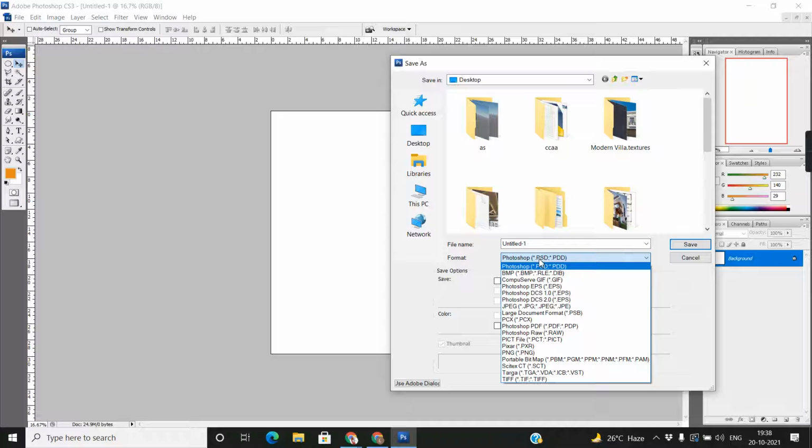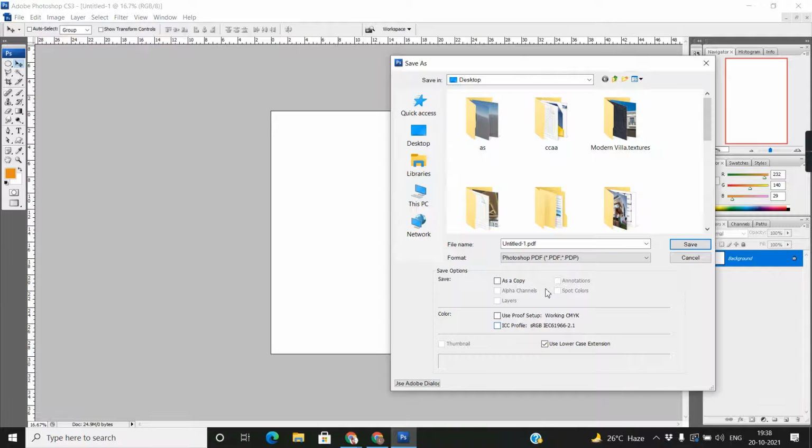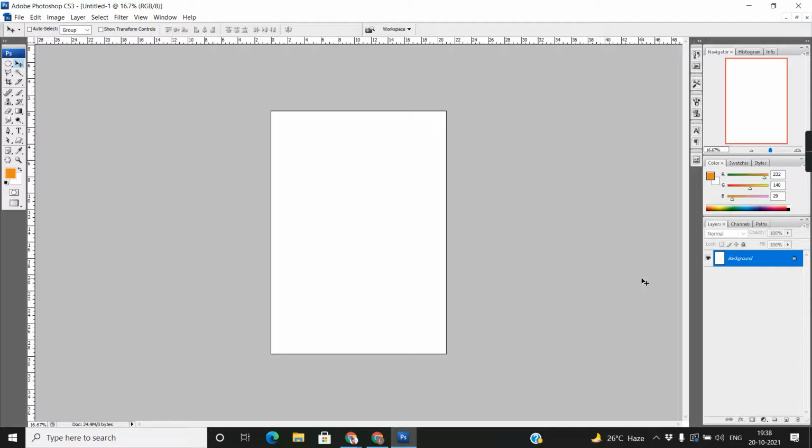Okay, this is the Photoshop document file. If you save in PSD format, it means you can easily edit and reuse it again. So if your file is a work in progress, always save it as PSD. Don't save it as JPG, because JPEG is a simple, single composite file.